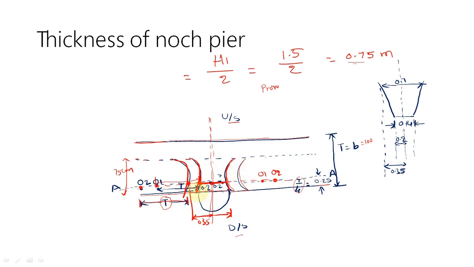Here this is the nose of the notch pier, means notch. So what it will be, the radius is whatever the distance is from this center point to this arc. So take this as radius and draw a semicircle. So that will be the nose of the notch.